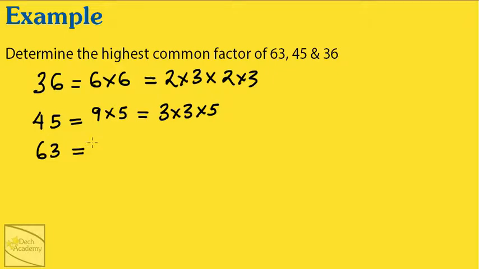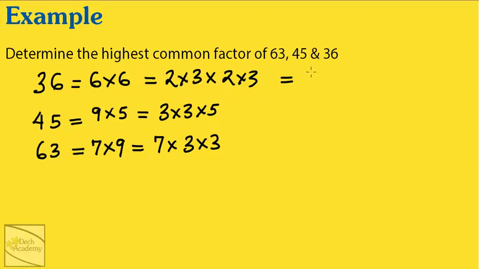63, from the multiplication table, is the same thing as 7 times 9. 7 is a prime number, so I can leave it, but 9 is 3 times 3. So what I'm now going to do is rewrite each expression so that